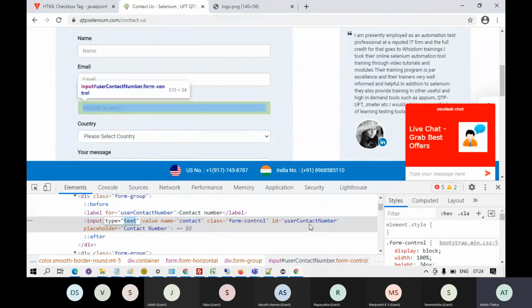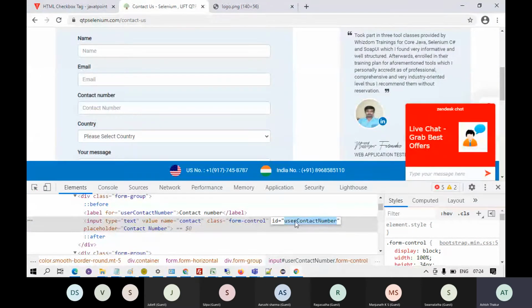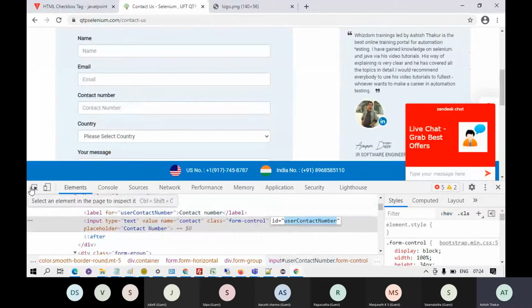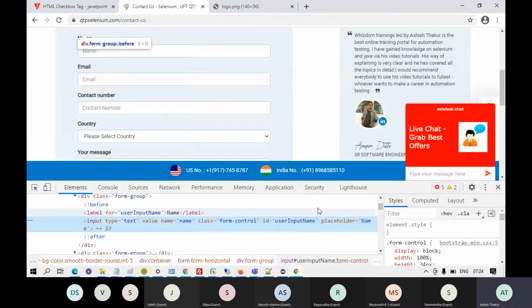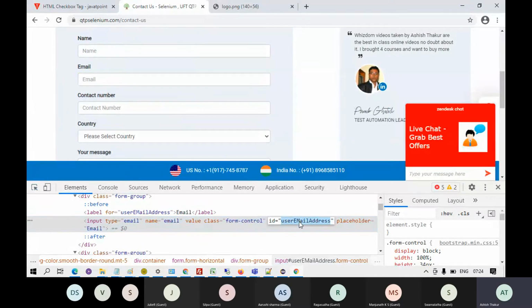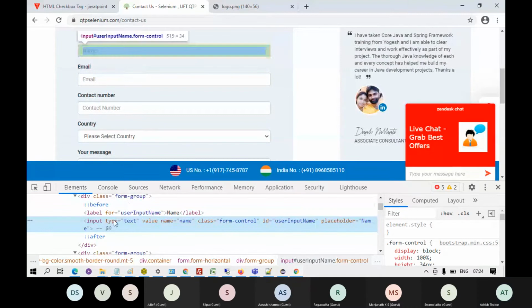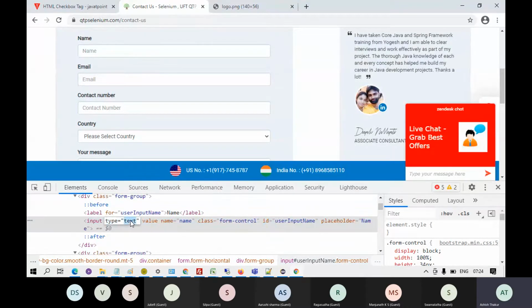But every element has the optional attribute ID, which is unique. The value of ID for name is something else. For email, it is something else. So, although the mandatory attribute is always present, the type value would be the same for all of them.